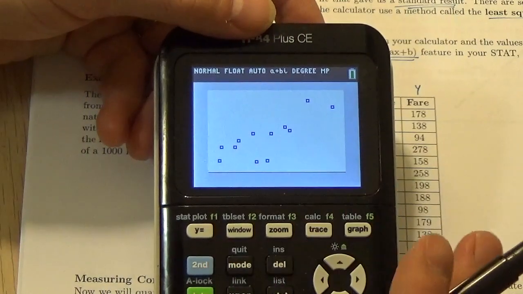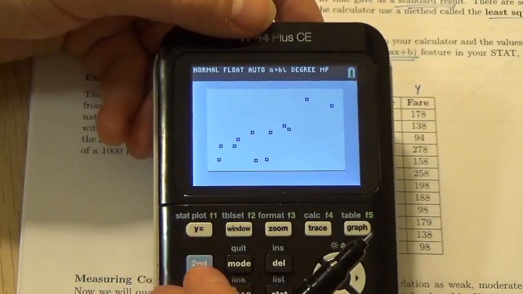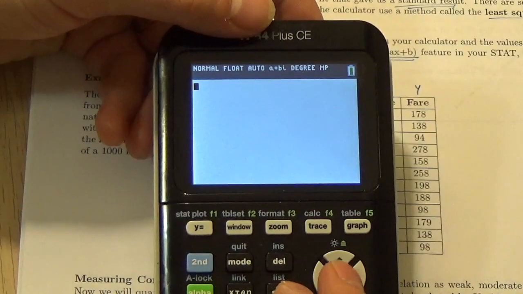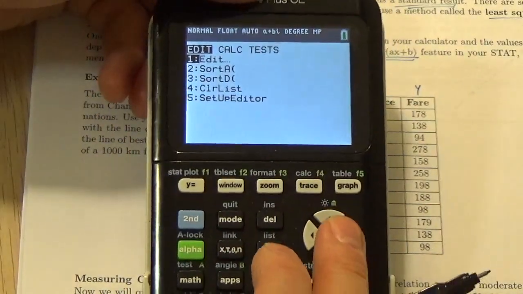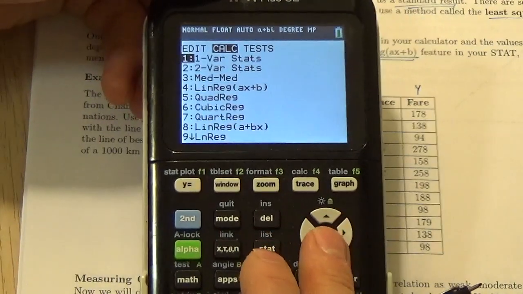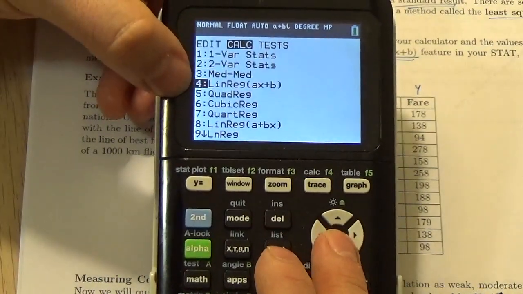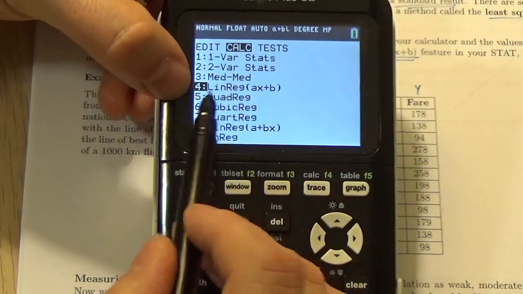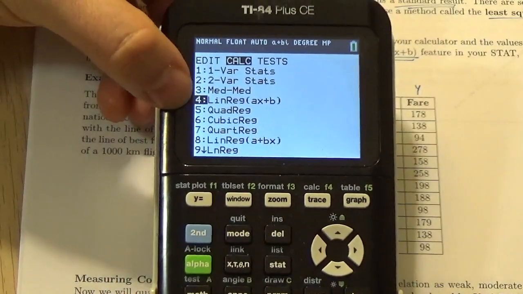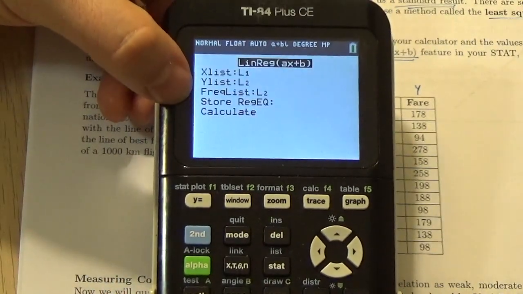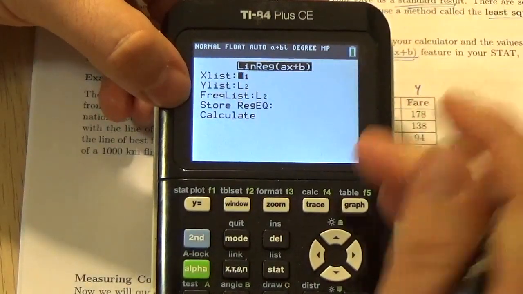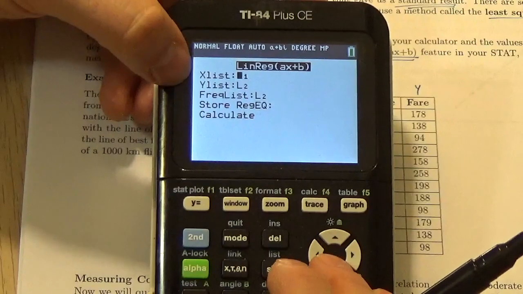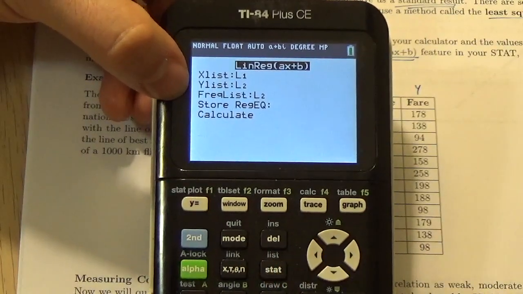Okay, now I want to create this line of best fit, so I'm going to quit. To get the line of best fit, we're going to press Stat, and we're going to go over to Calc, and then I'm going to go down to the LinReg, that's number 4. Okay, that's linear regression, ax plus b. I'm going to choose that. So now the calculator is waiting to know where my lists are here. Okay, so X list, Y list,